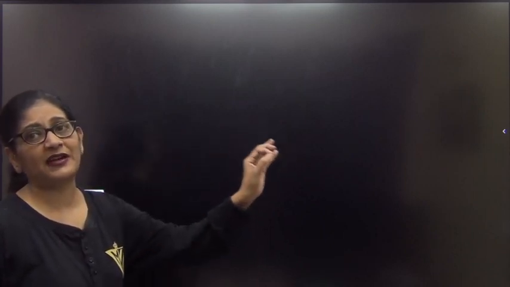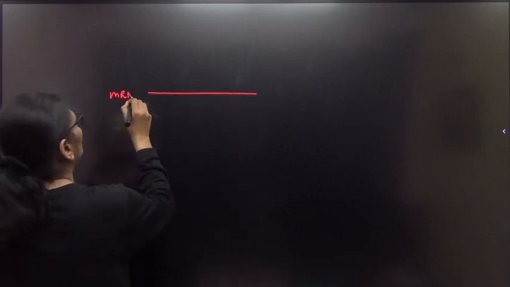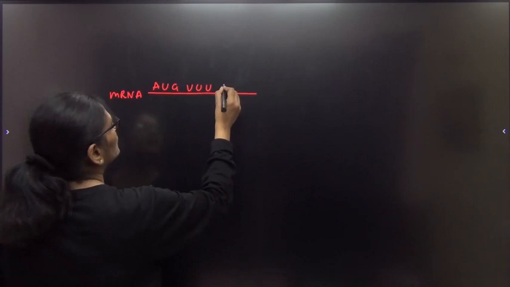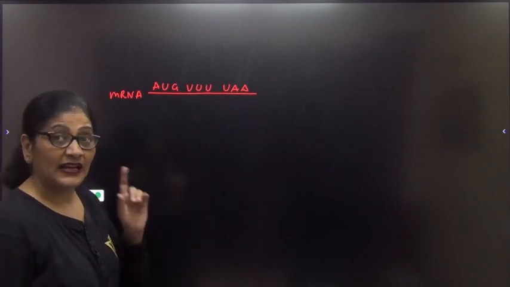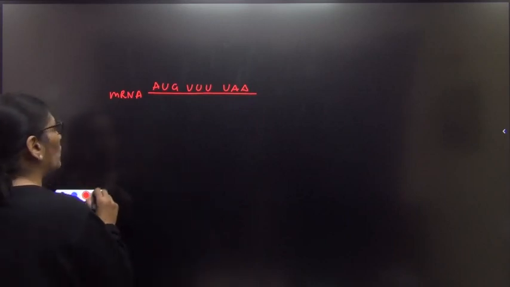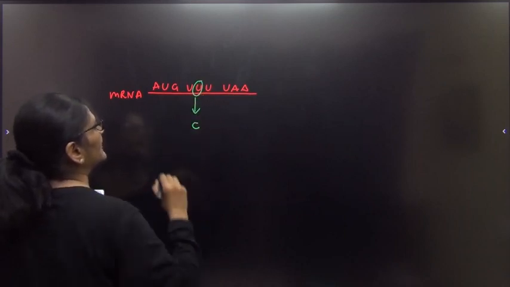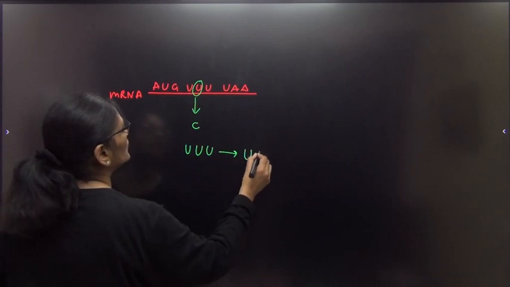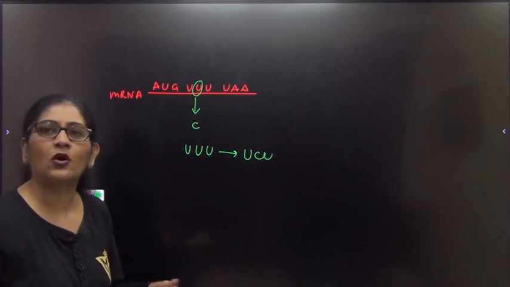पहले तो एक बेसिक डिफरेंस पॉइंट म्यूटेशन एंड फ्रेम शिफ्ट म्यूटेशन का आप समझिए. Say this is my mRNA. It is made up of many codons, say A, U, G, U, U, U. Then I am just putting the stop codon, say UAA, right? In substitution mutation, one nucleotide is substituted by another. It may be replaced by C, such that this codon changes from UUU to UCU, and then that may lead to a corresponding change in amino acid, hence the phenotype and the protein.